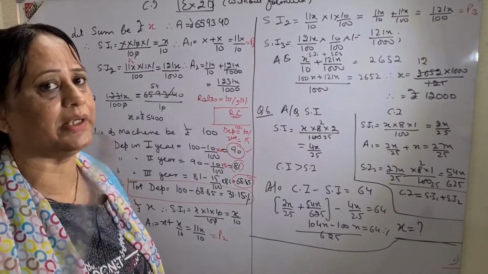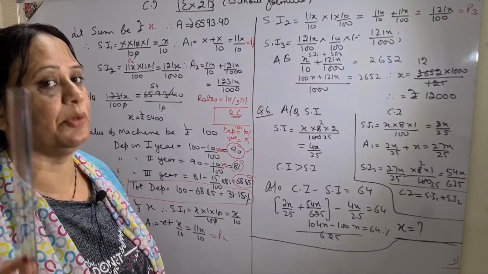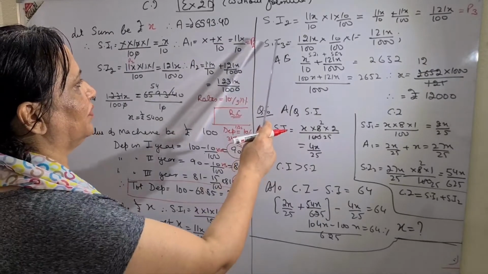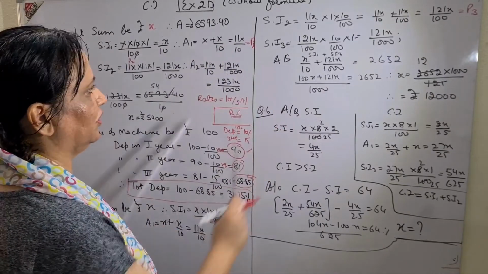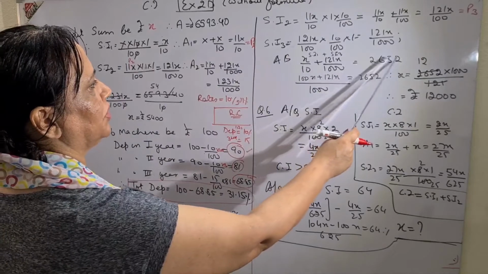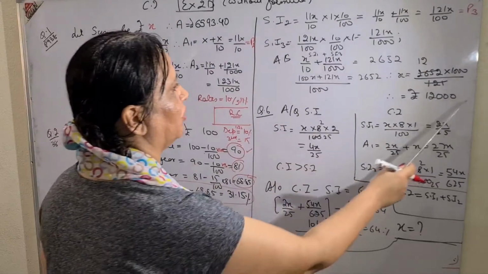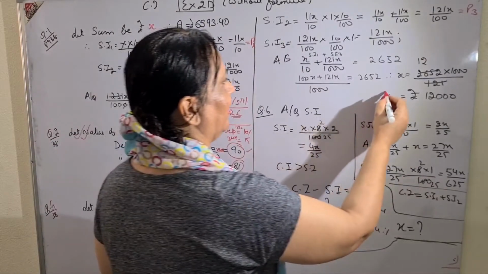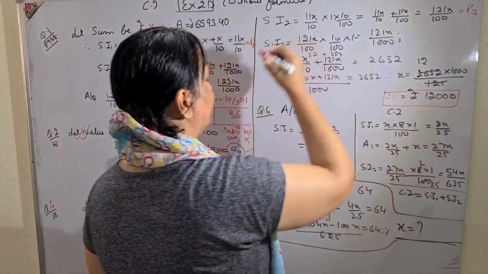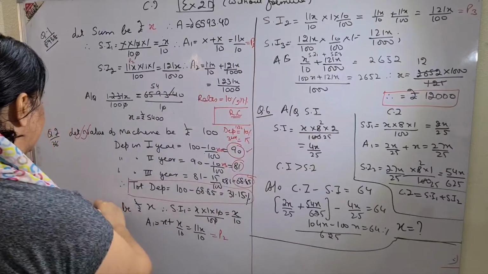Otherwise, when we calculate year wise, you know that it is compound interest. So compound interest of the third year plus compound interest of the first year is equal to rupees 2652. You add the two, do the calculation, and it is your required answer. Children, it is very easy and very important, both for the compulsory as well as the choice section.